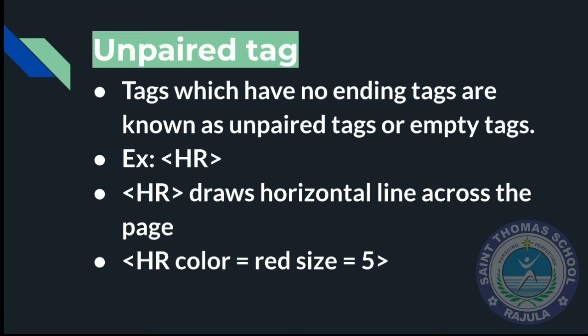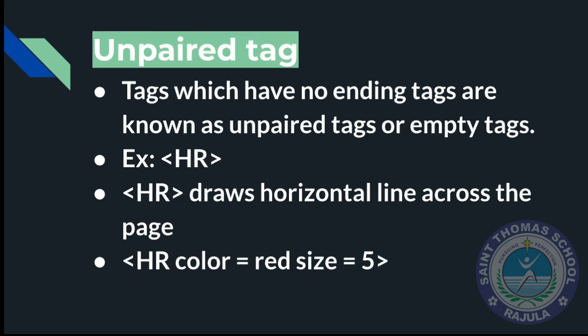See students, here you have to do everything with the tags only. If you want to write your name, then you also have to write it within the tags, within opening and closing tags. If you want to draw a horizontal line, means a line across the page, you have to use a tag. So the HR tag is used to draw the horizontal line. Like this you can use the HR tag. Here you can see the example. See, HR means first the angular bracket and then HR is written, and if you do the closing, then it will draw a single, simple line.